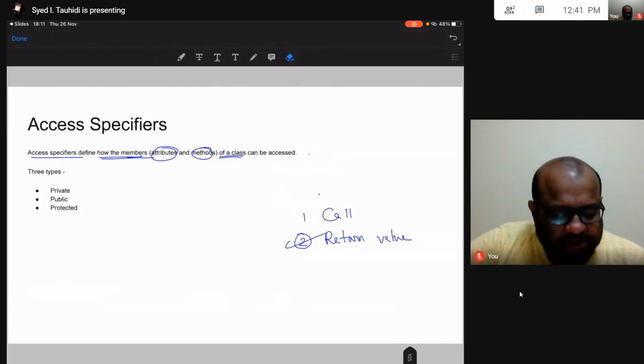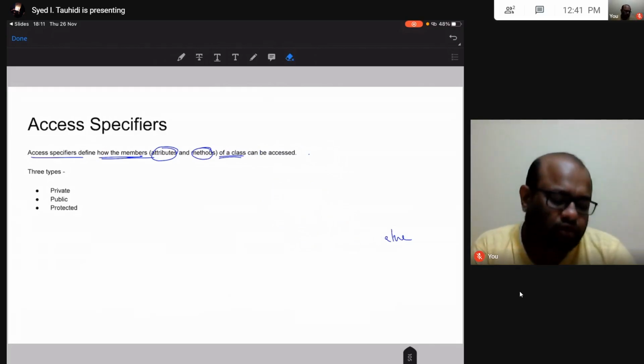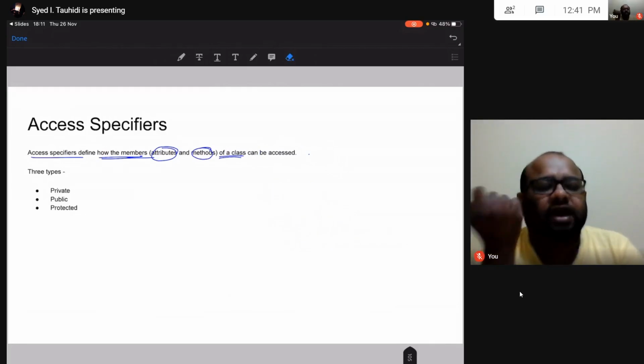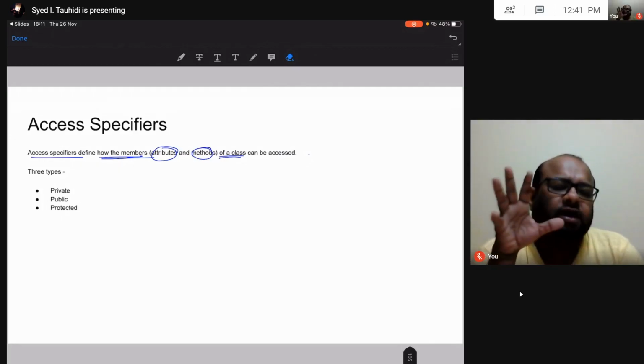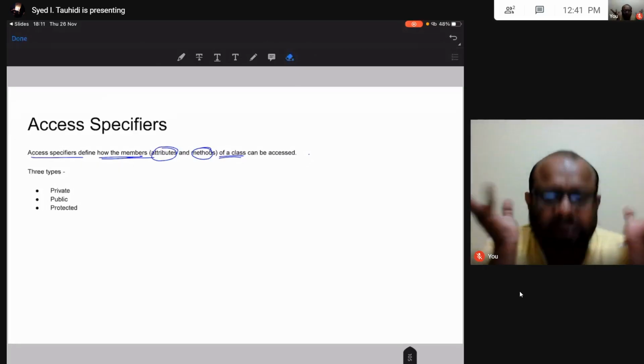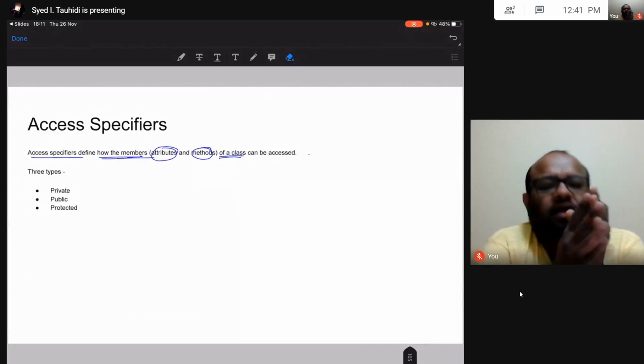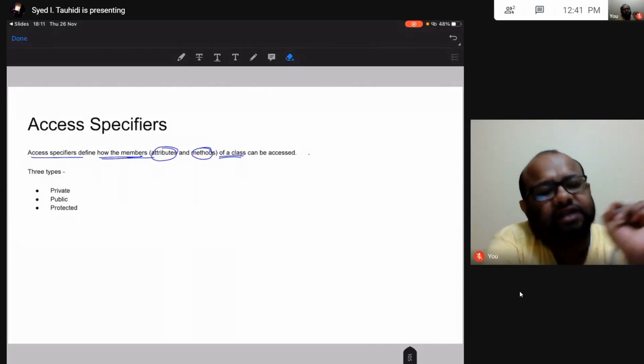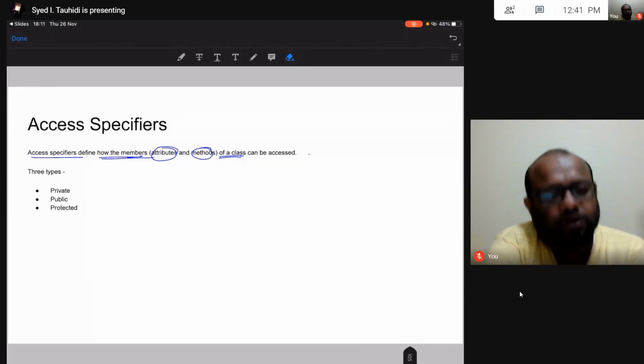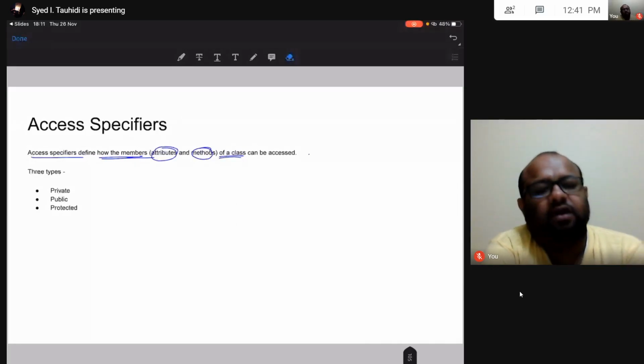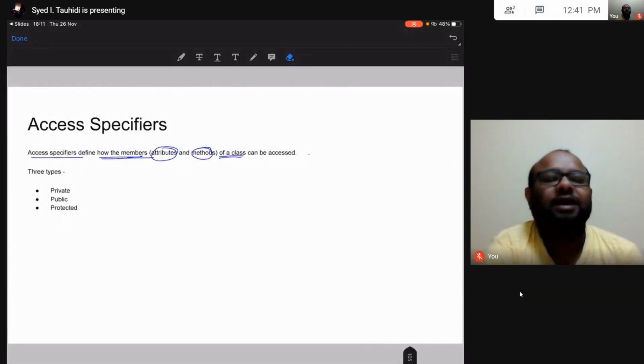Now access specifiers enable us to control this access, enable us to hide data, so we can be very specific about which of this data can be read by code outside the class, which can be read by code that inherits from the class, and which cannot be read by anyone.